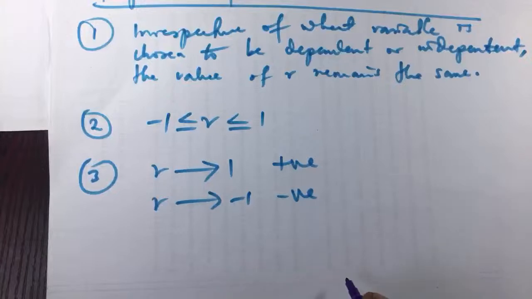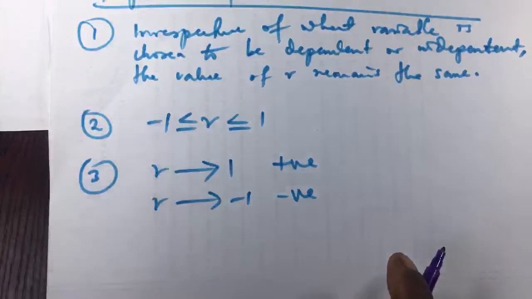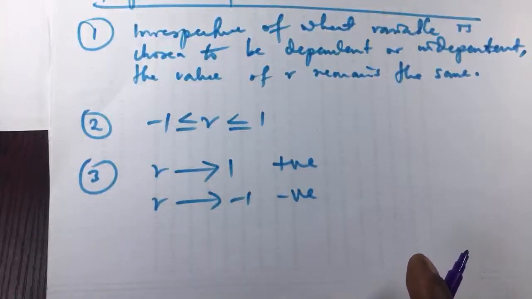Now, an R value that is very close to 1, say 0.9, 0.8, those kind of R values are strongly positive. But an R value that is closer to 0 is said to be